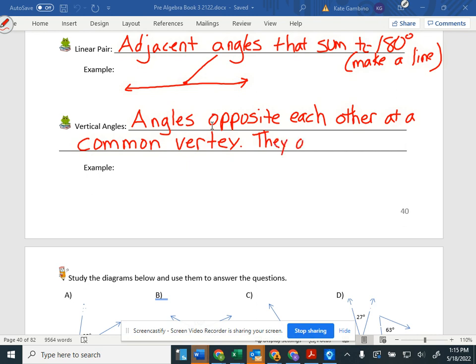They are congruent. So we know they are the same size. Vertical angles are always congruent. So if you know the measurement of one vertical angle, you know the measurement of the other vertical angle. So when we do an example, let's do,